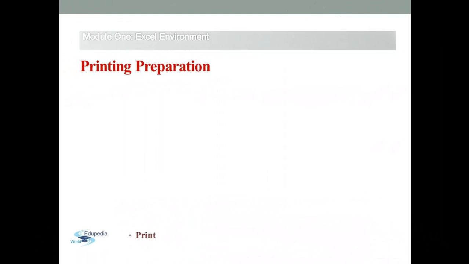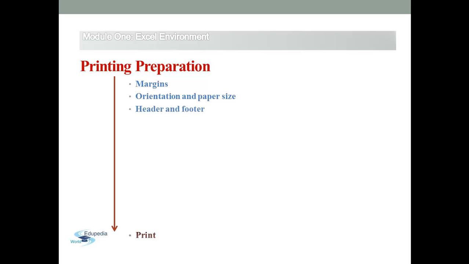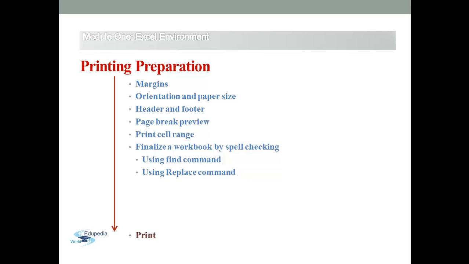I have explained the steps that precede the printing process in the previous videos, such as adjusting margins and spacing between columns, deciding the orientation and paper size, adding useful information in the area of headers and footers, page breaks to control data flowing between papers, print cell ranges to print only part of the sheet, spell checking to avoid spelling errors, find and replace for fine-tuning your worksheet, displaying or hiding grid lines, and also